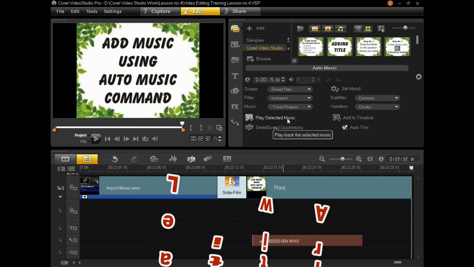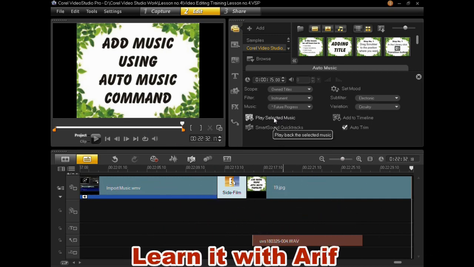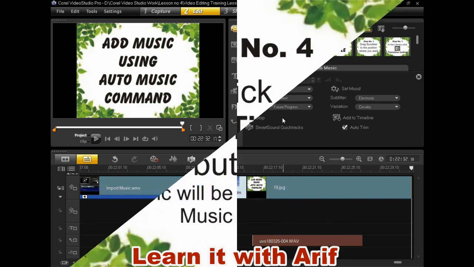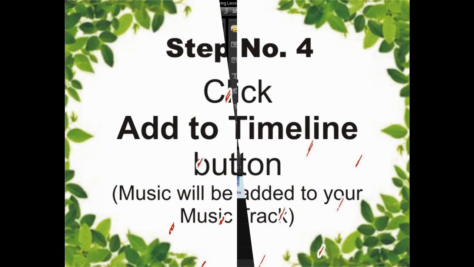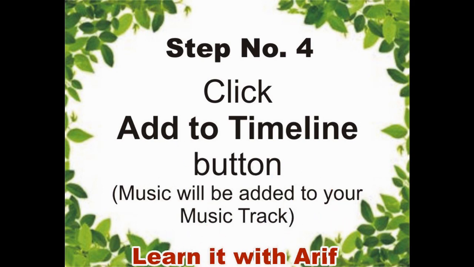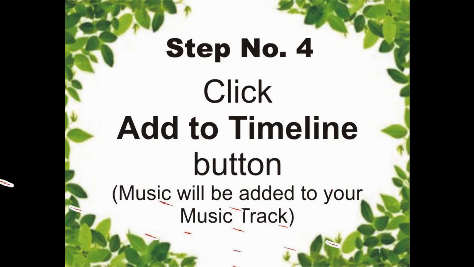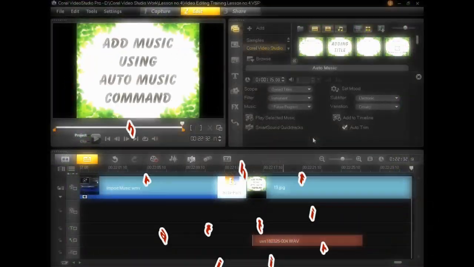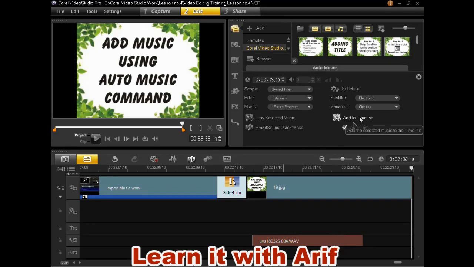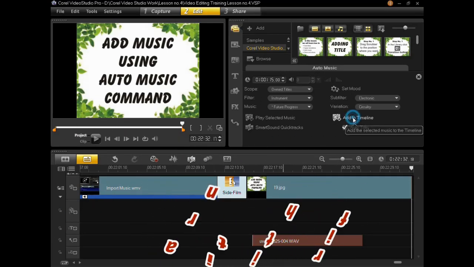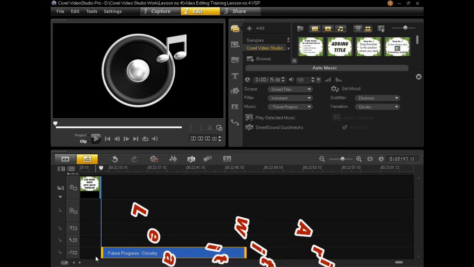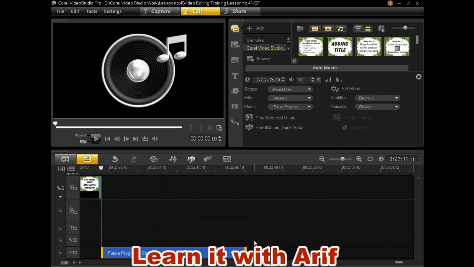Click play selected music to listen to the music. Click add to timeline. You can see the music is added to our timeline panel in the music track.